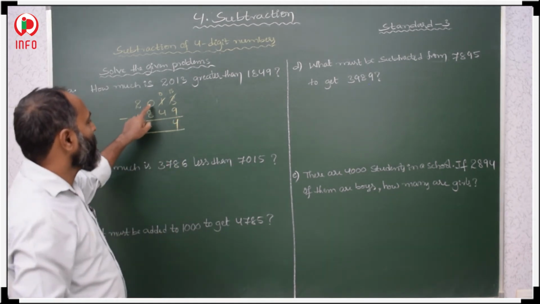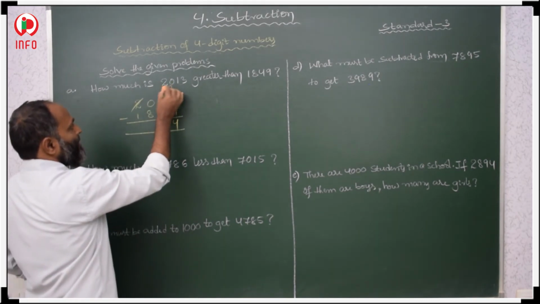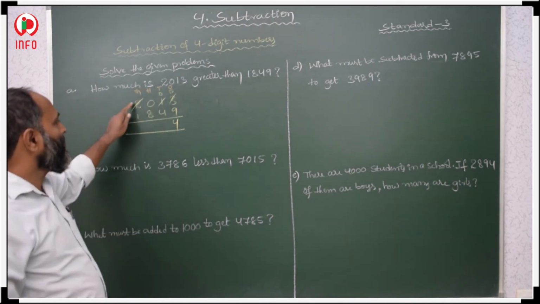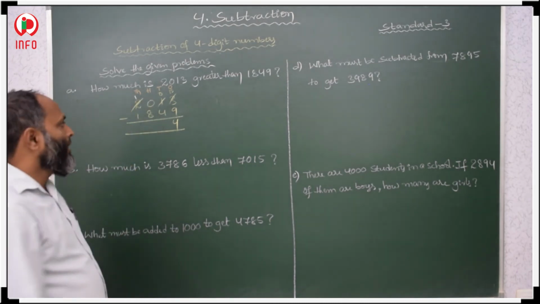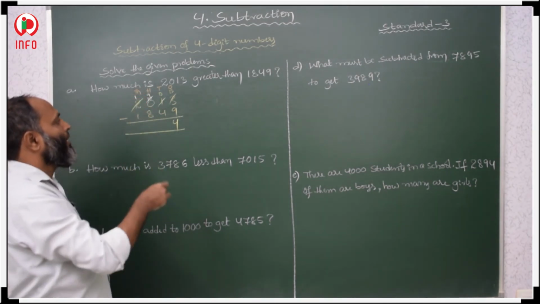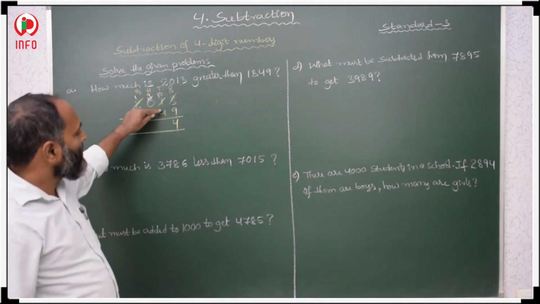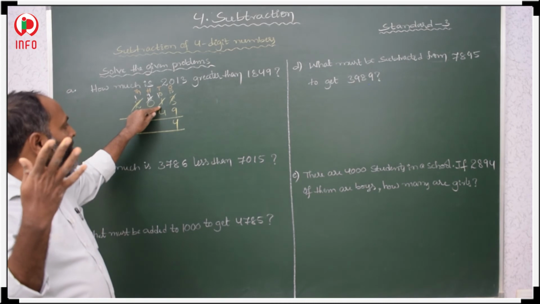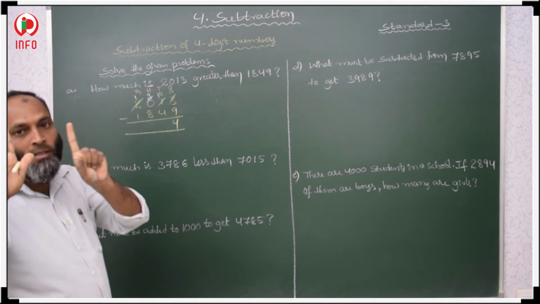Here 0 is there, here 0 is there. Take borrow from here, from the thousands place. This is ones, tens, 100, 1000. Take borrow from 1000. So 2 thousands were there, and we are taking one borrow. So 1000 will be left. 1000 makes 10 hundreds. From here again you take 100. Then 10 tens were left. 10 minus 4 means 6 to 10 you have to count: 6, 7, 8, 9, 10. Total 6.